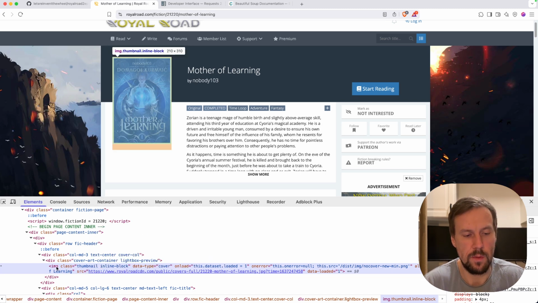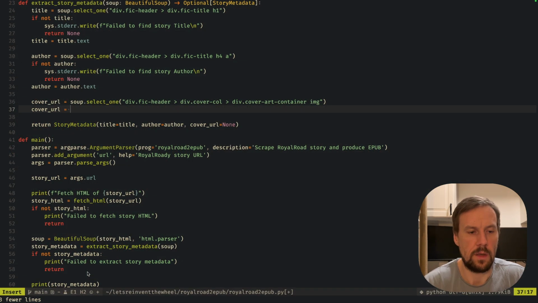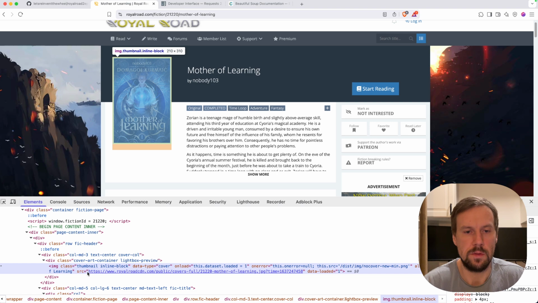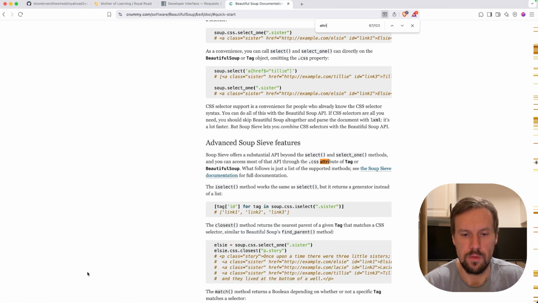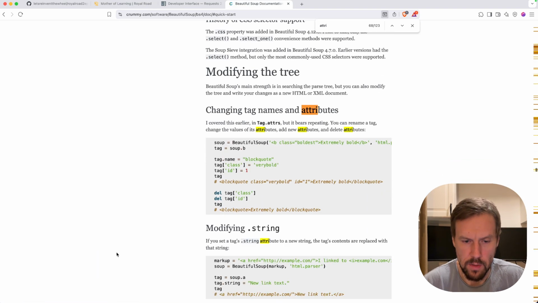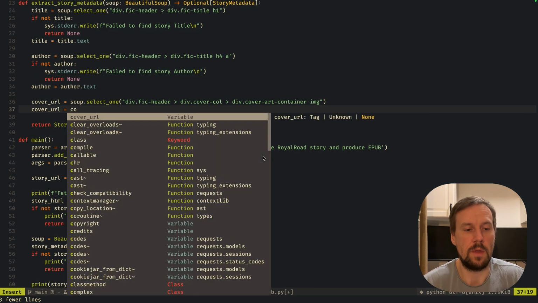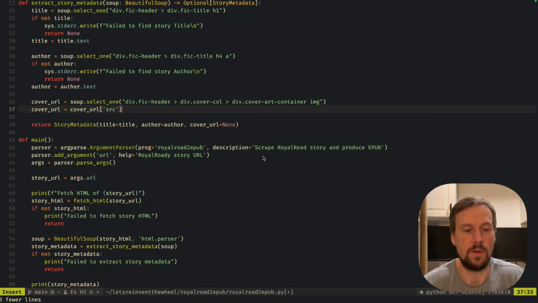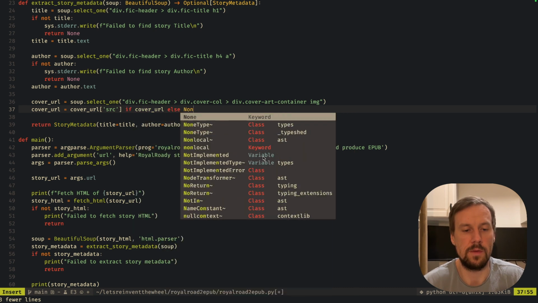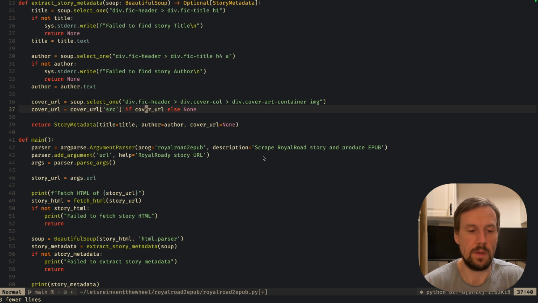So if we found this node, image node, there is an attribute src for source, and grabbing the source thing, attributes we can access like this, right? So it's going to be cover URL src if cover URL else none, right? So if we found the image cover URL, then we're going to grab its source attribute, and then